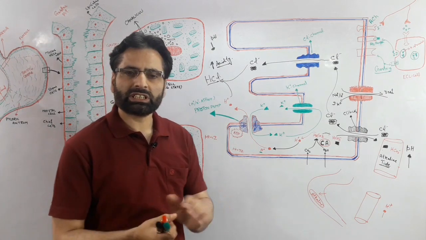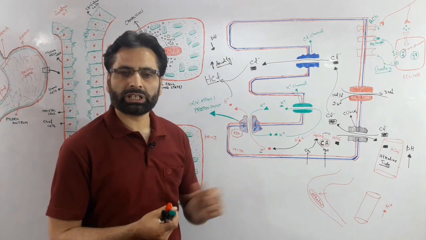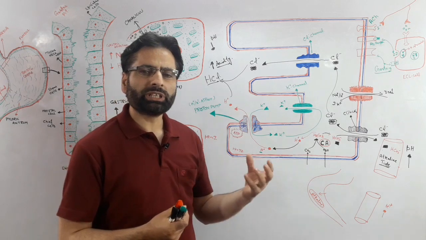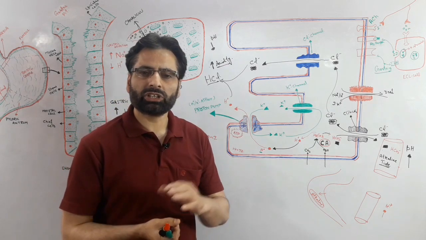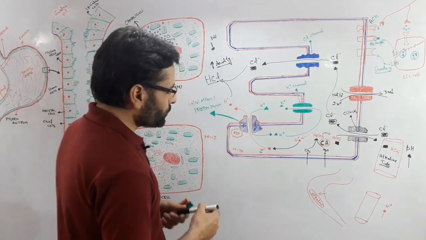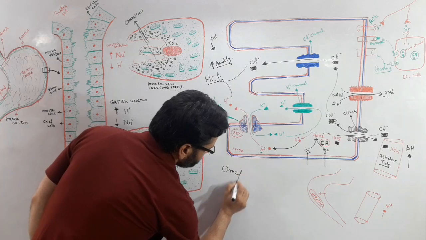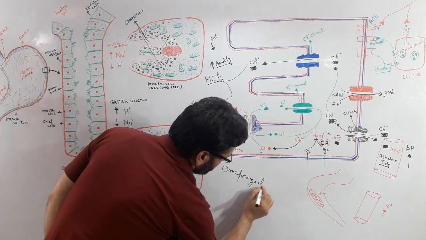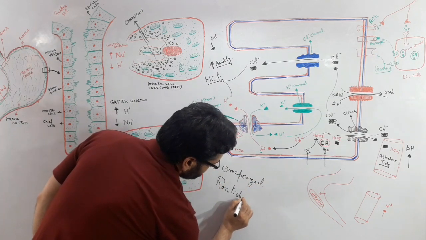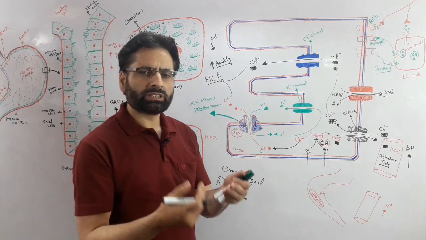There are various substances used to block the activity, or minimize the hyperactivity, of these parietal cells, and most commonly we have two: one is omeprazole, and the second is ranitidine. Omeprazole is a substituted benzimidazole,